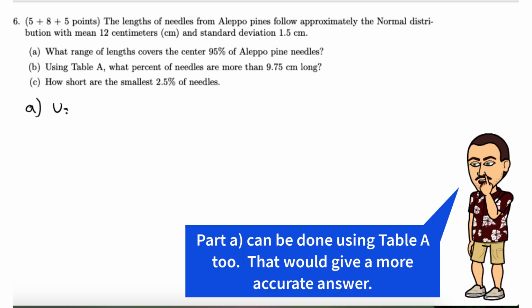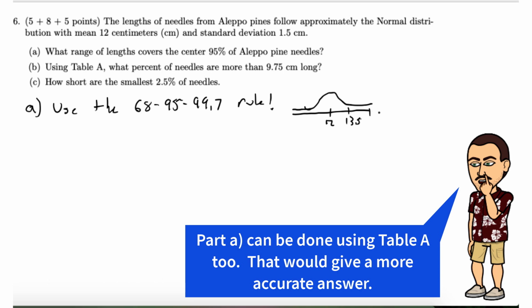So for part A, we could use the 68, 95, 99.7 rule, which in our case, since we care about the center 95% of the data, says that 95% of the observations will lie within 2 standard deviations of the mean. So here the mean is 12. Let's count out 2 standard deviations. So our upper bound is 15 centimeters, and our lower bound, when we subtract off the standard deviations, is 9